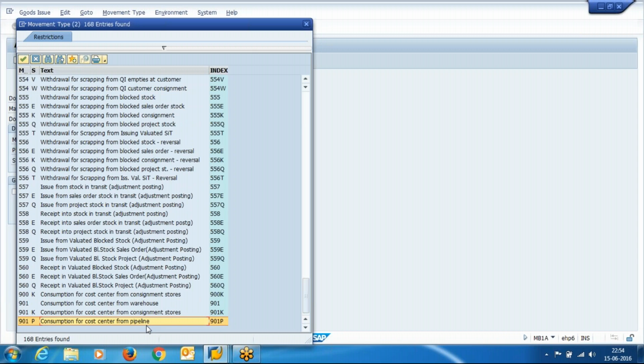This much was enough for the MM part, because all these movement types are used for different areas, some for a different